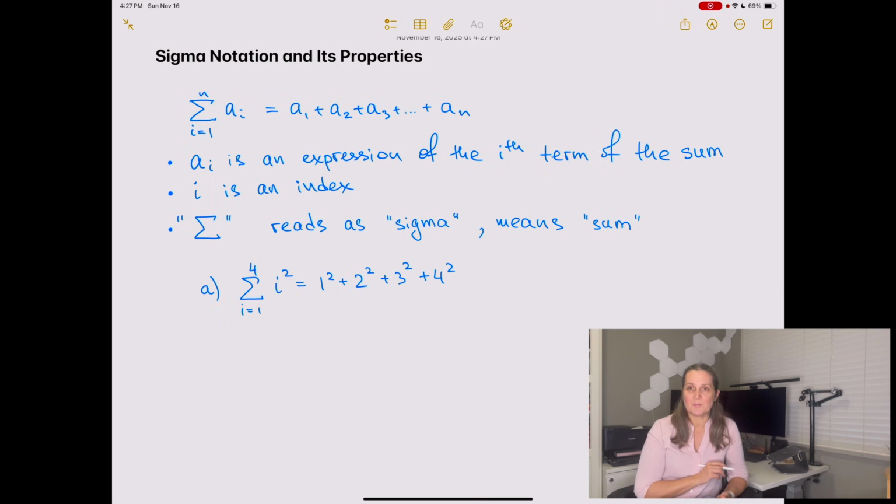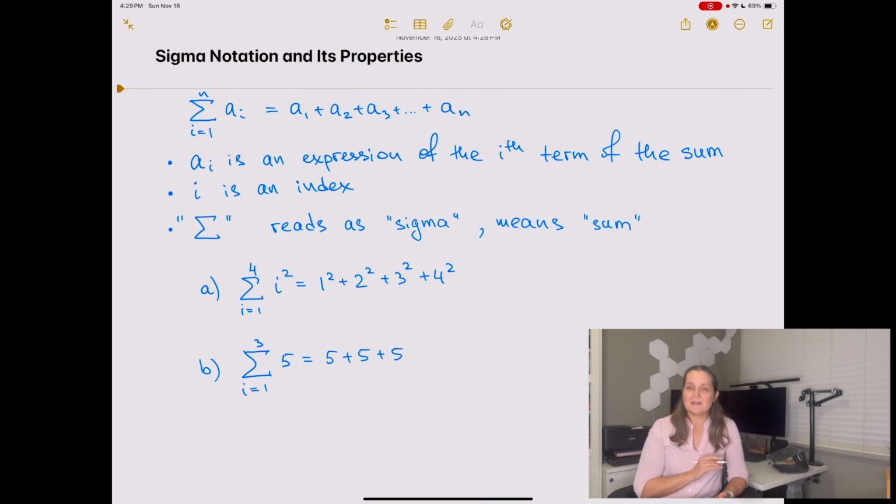Let's look at a couple of examples. Say we have a sum where the index is changing from 1 to 4 of the expression i squared. The lowest value of the index is 1, therefore 1 squared is the first term in the summation. Then the index will take on all positive integer values up until 4. So if i is equal to 2, 2 squared is going to be our second term in the sum, while 3 squared is the third term in the sum,